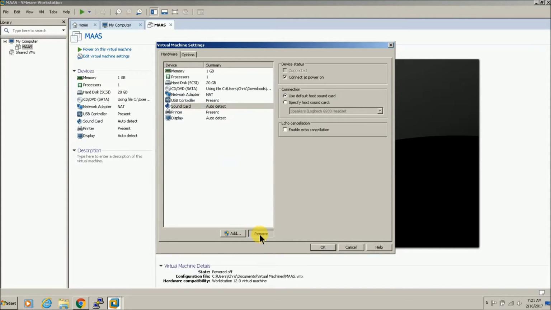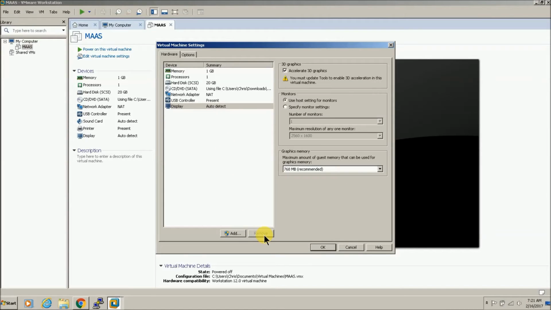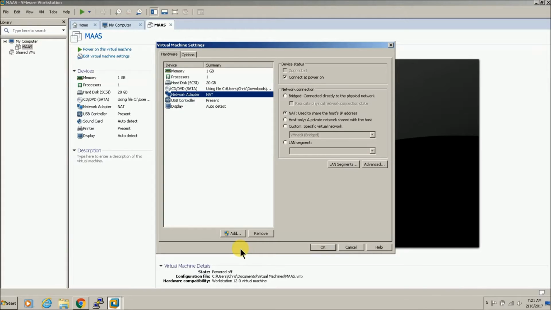We're going to remove the sound. We don't care about the printer. And display is fine. So, network. Network is always the one that trips everybody up with these kinds of configurations. I'm going to check, so I'm good. I've even had problems with certain segments of my wireless network causing issues. But anyway,